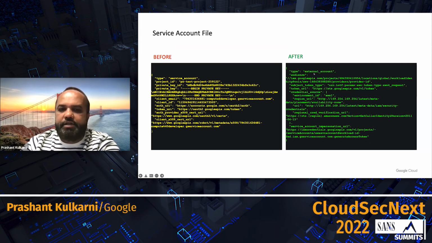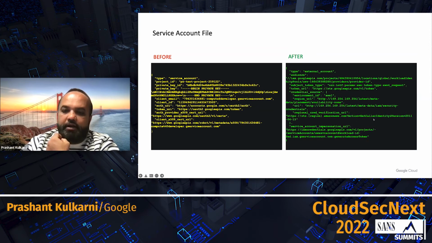In this file, you will see the type is external account. It doesn't say service account anymore, and all it has is an audience value. That audience value is used by the library to locate your workload pool within your project, so you don't need to change anything like here. And then there is some metadata value. In this case, you can see it has a value of the Google Cloud metadata server, how you can get